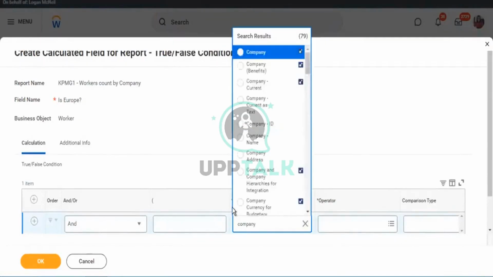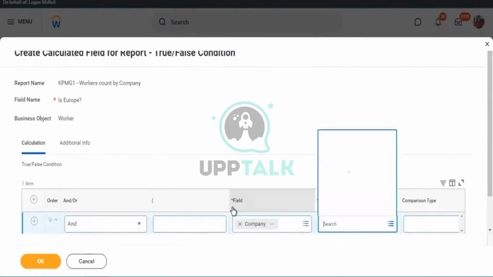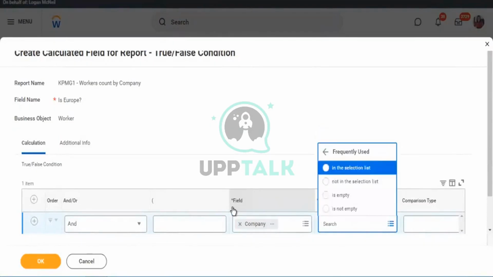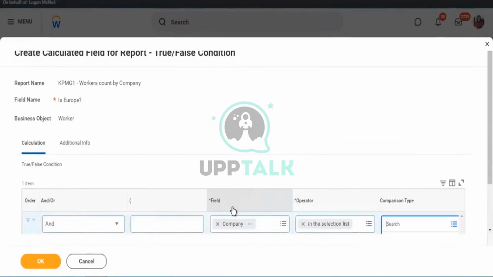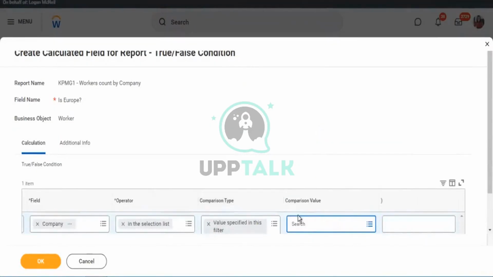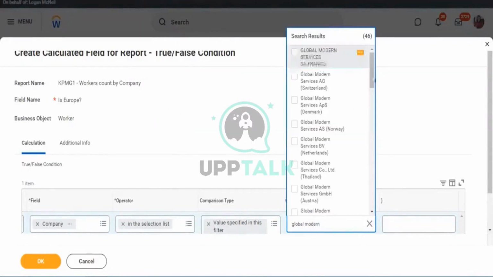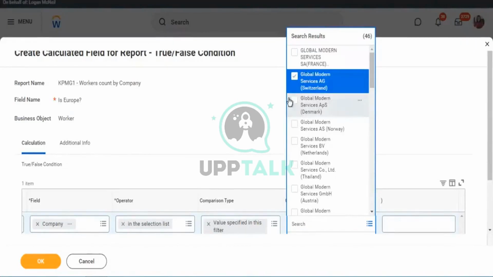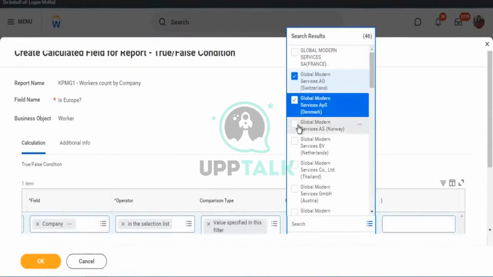Let's say we have the same. If the employee belongs to Switzerland or Denmark or Norway or Netherlands, Austria or Germany, Russia,